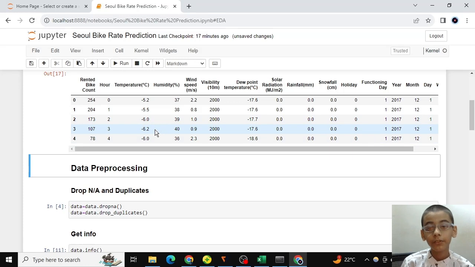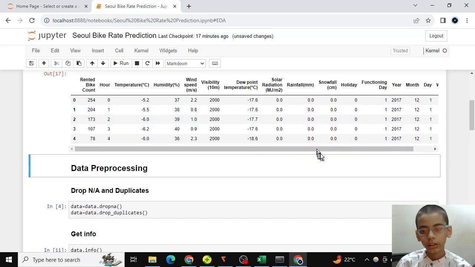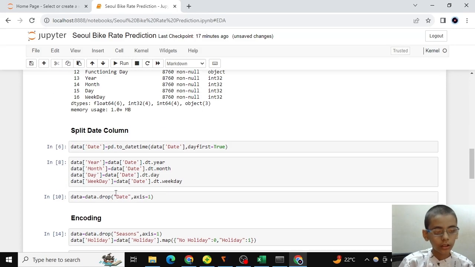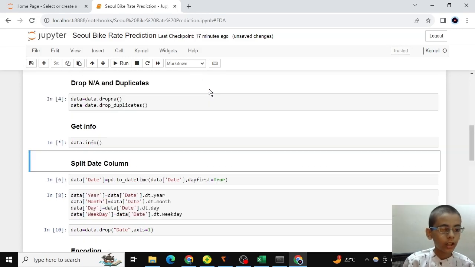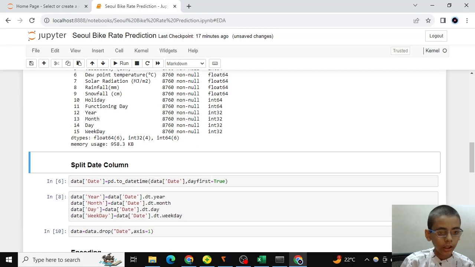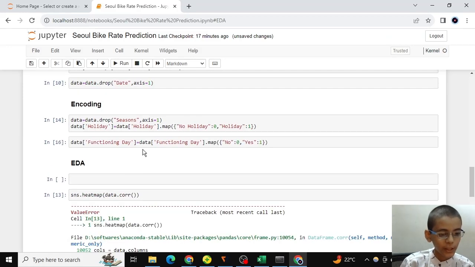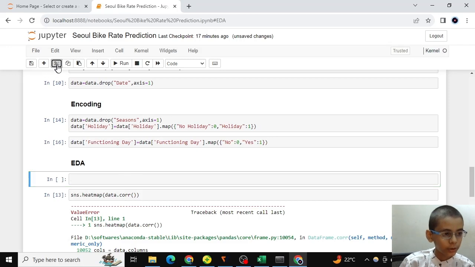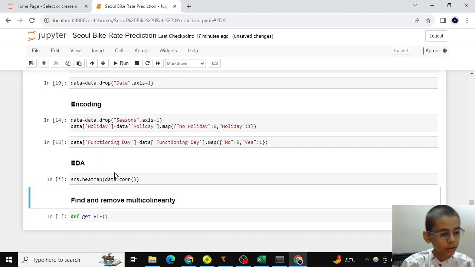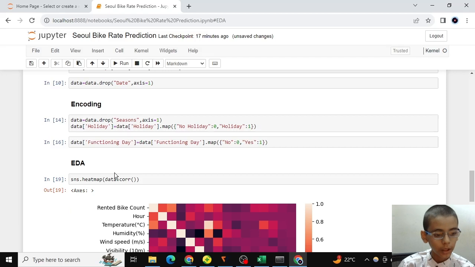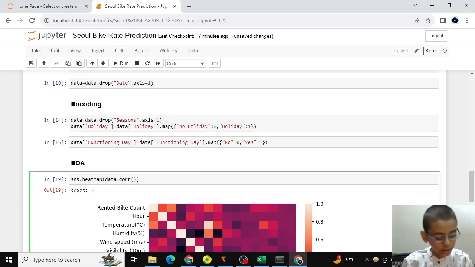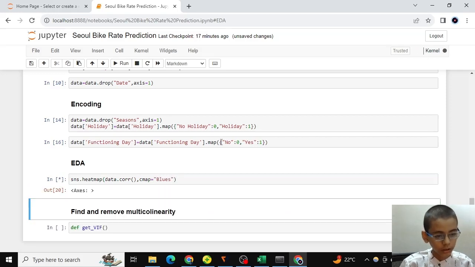Here you can see our data is encoded in one hot encoding format. Now if we check our dataset type, all of it is in numbers. So what are we waiting for? Let's do our main task: sns.heatmap. It will give us the heat map. We can put here cmap is equal to viridis.